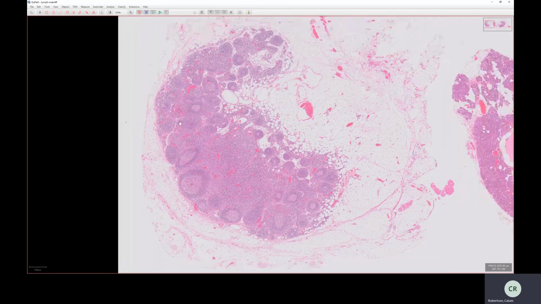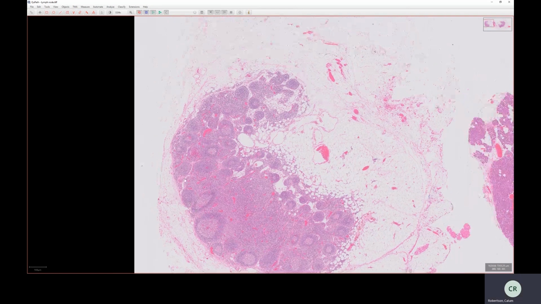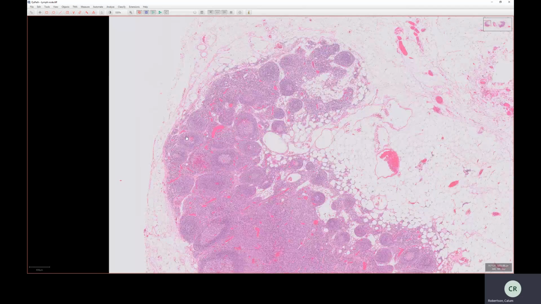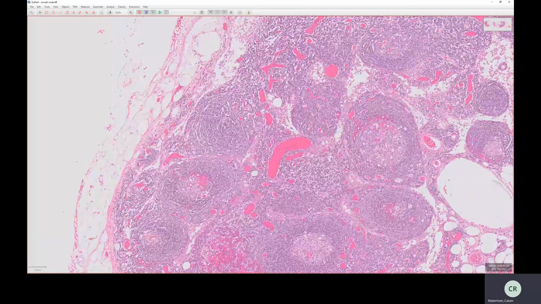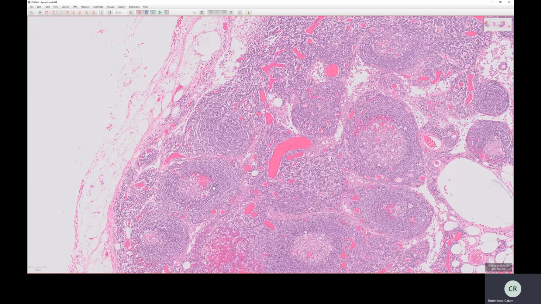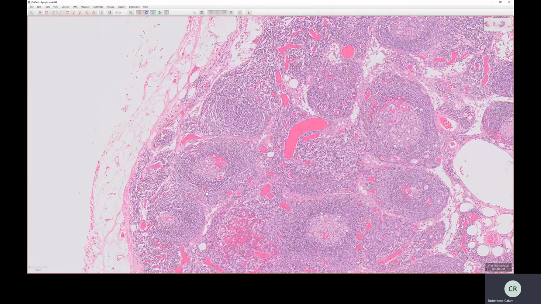So you can see at low power, the cortex is not just an architectureless mass of cells. We've got these round aggregates of cells. These are all aggregates of lymphoid cells, which are only found in the cortex, and these are the follicles. There are two types of follicles within lymph nodes. There are the primary follicles, like this one, which is just a mass of blue lymphoid cells which are inactivated. And then there are the secondary follicles, which have the same mass of inactivated cells,